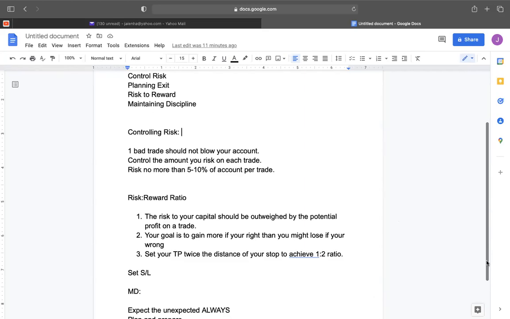So for me, I like to have at least half of my investment. When I take a trade, I know I can make at least half of my investment back. I mean, more, you know what I'm saying? So if I'm risking $1,000, that particular trade has to have potential to at least give me $500 in profit, or I don't want to take the trade. And I know I'm gonna have those people say, well, Jay, not every trade is going to be like that. I understand that. I totally understand that not every trade is going to give me 50% of my money back, but I damn sure am not going to take it, right?